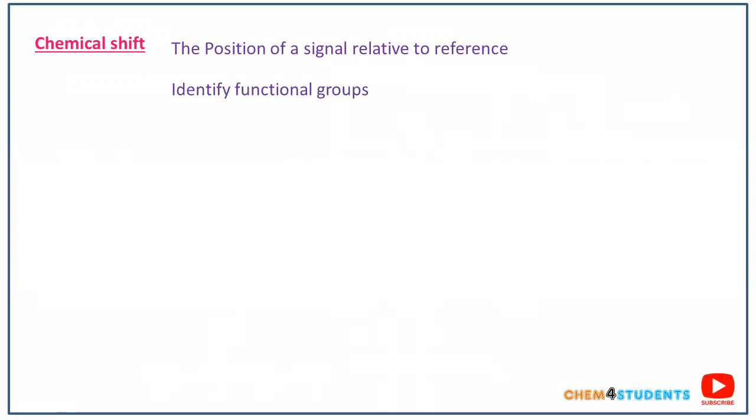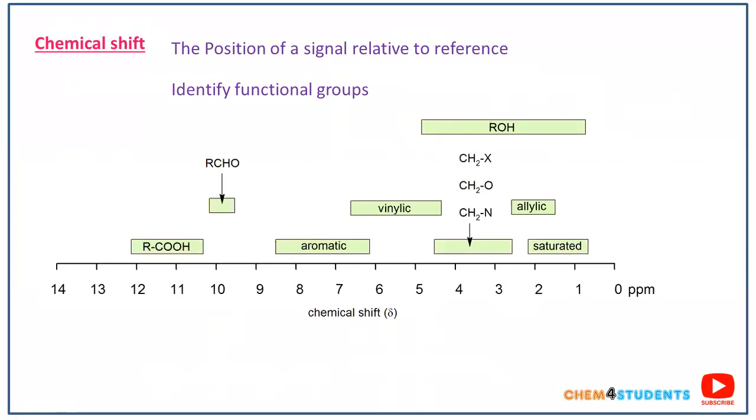And the next topic is chemical shift, which is a very important topic. So definitely we'll get a question from this topic. So what is chemical shift? The chemical shift gives the exact values, the position of the signal, related to the reference values. So what is the use of this chemical shift value? The chemical shift value is useful for the identification of functional groups. These are the different functional groups which will be identified by these chemical shift values.